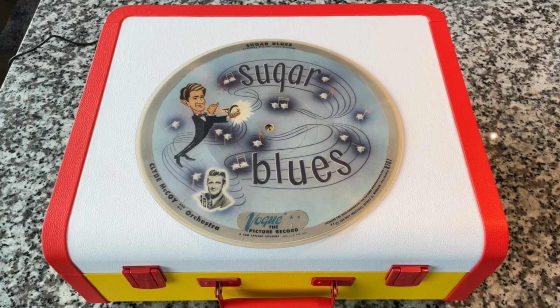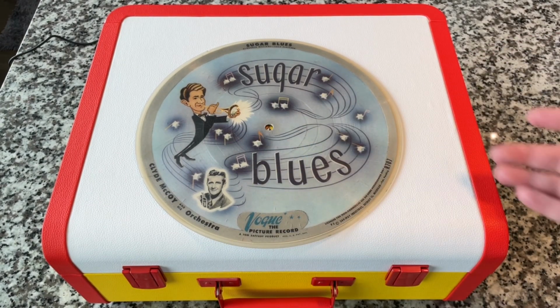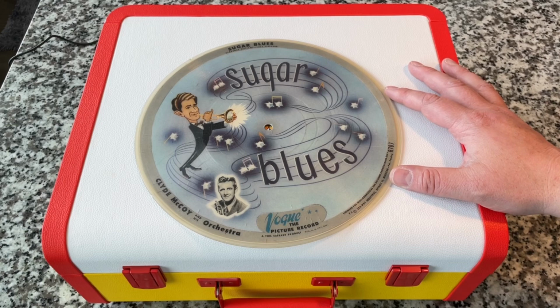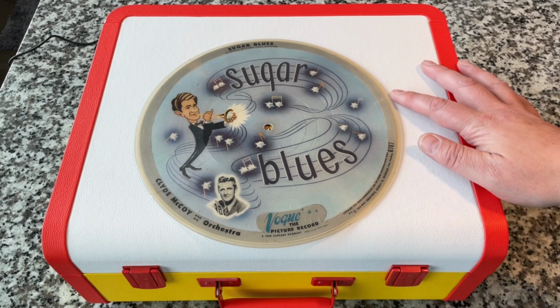So my point about the rim, we talked about the black rim like on this record, and you'll notice that this one does not have it. It has a clear rim. This is an original Vogue picture disc, and the originals have a clear rim. Now they made